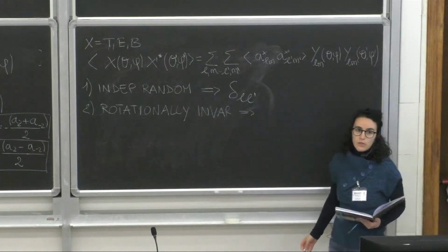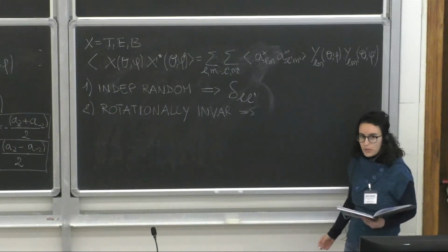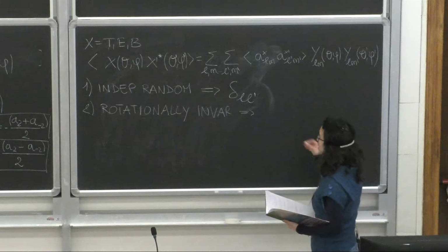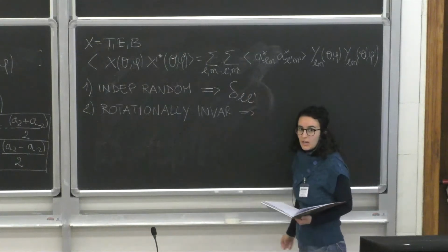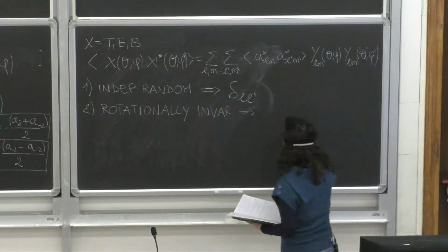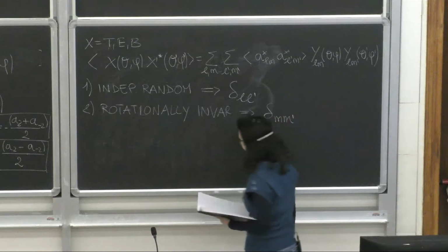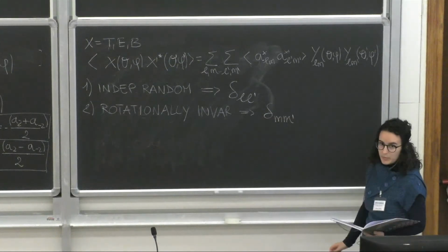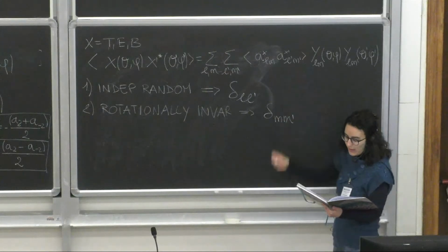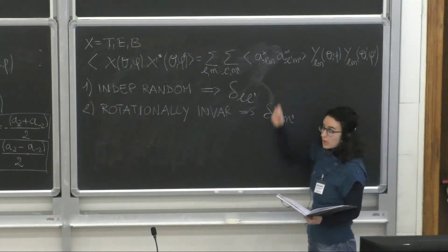So because these are rotationally invariant, we don't have a specific dependency on M, which represents the behavior of the field under rotation. And so we again expect an M M prime delta to appear. So if we use these two conditions to simplify the expression of this variance,